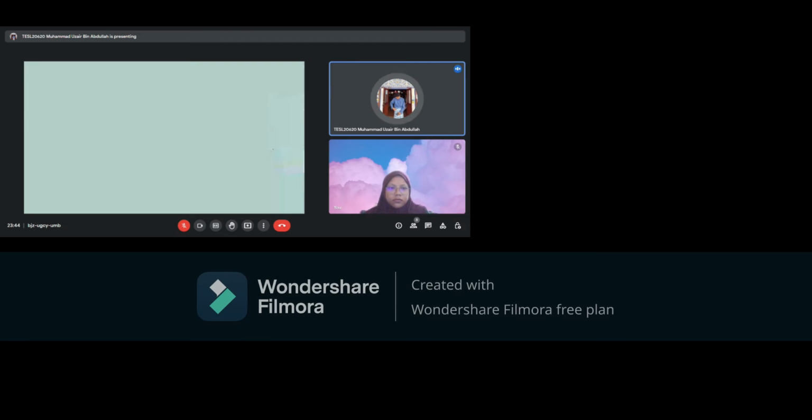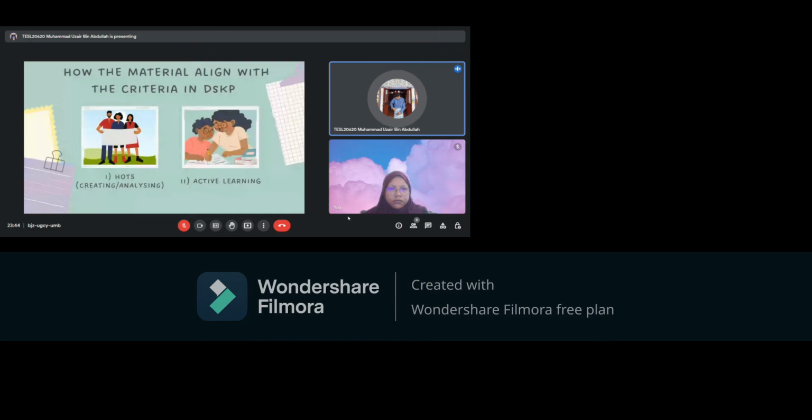We will be discussing how the material aligns with the criteria in the SKP. So we have to look into these criteria, the first one being the HOTS, which are critique and reasoning, and the second one will be active learning. So as we know that we are currently in the 21st century era where we want to create students that are not depending on the context only, but actually depending on the